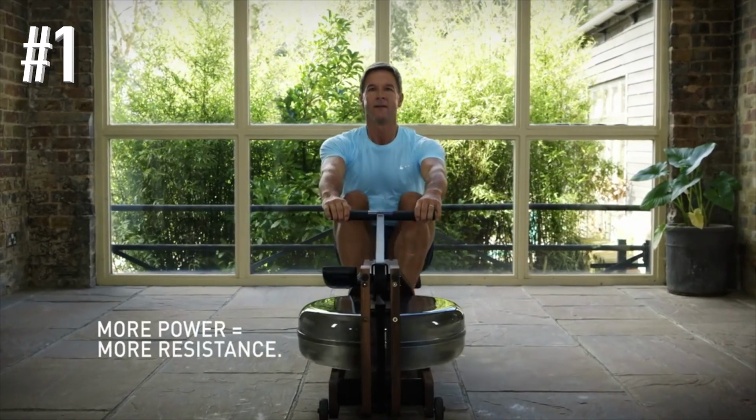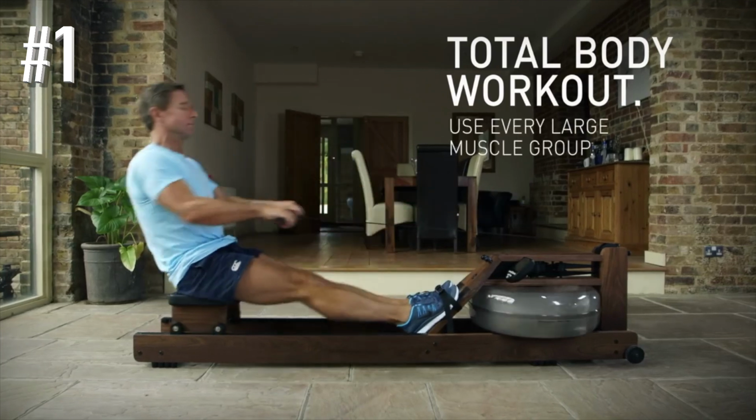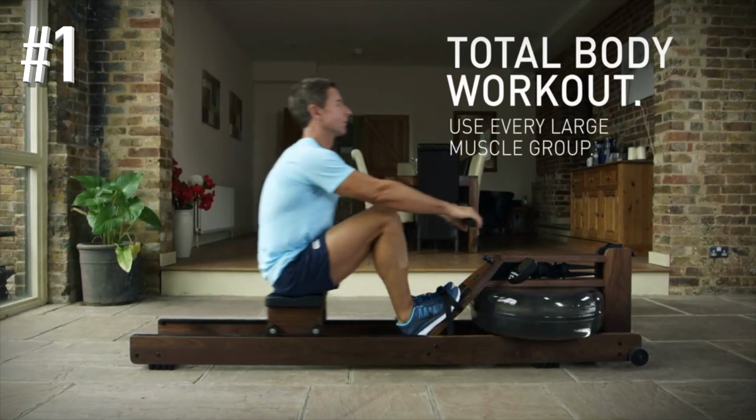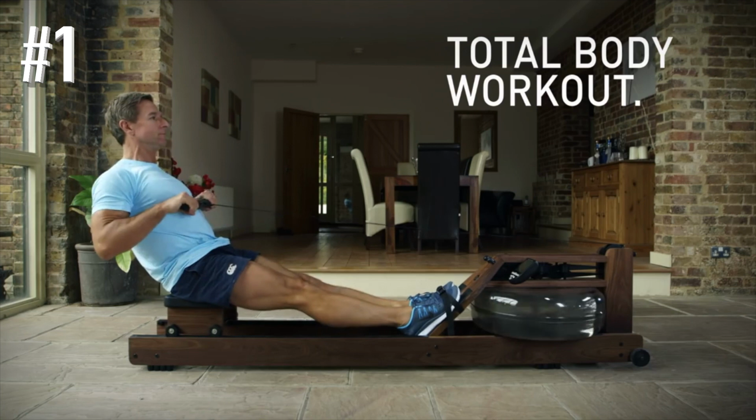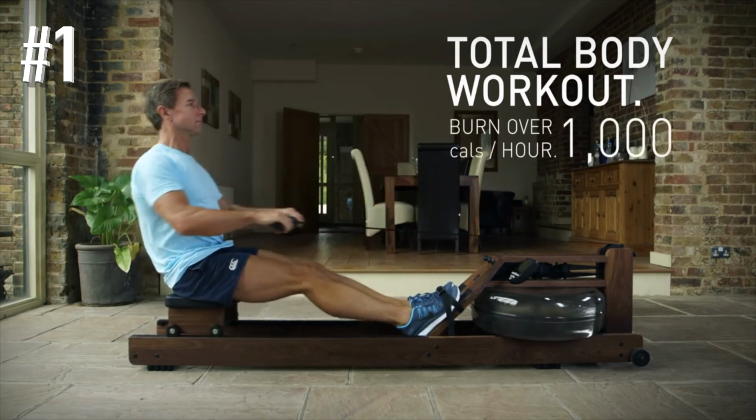Pull harder and the resistance increases. It's that simple. The result is a seriously heart-pounding, all-over workout that targets up to 9 muscle groups in one fell swoop. According to its U.S. maker,